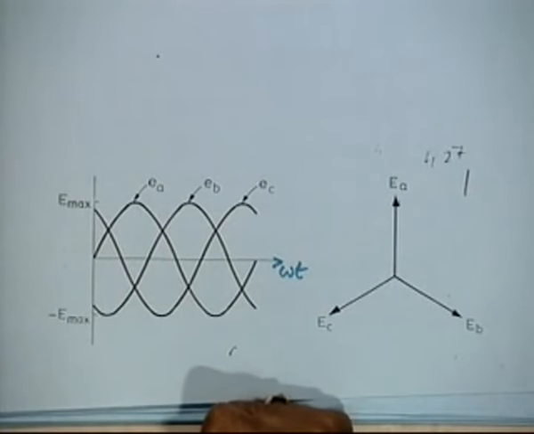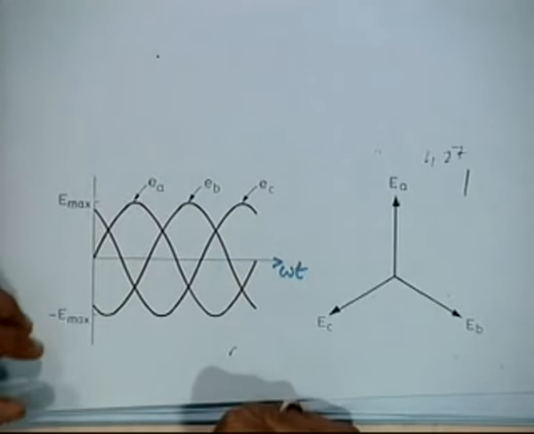So to sum up what we have learned, in a 3-phase synchronous generator, by rotating the field winding and exciting it, we produce 3-phase voltages, and the voltage is given by 4.44 f N φ. That means it depends upon frequency, number of turns, and flux, and we know how to control flux and frequency.